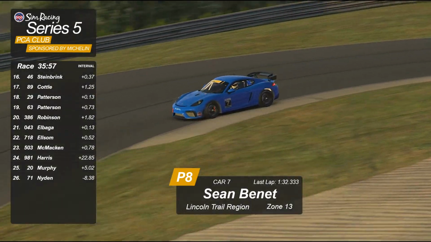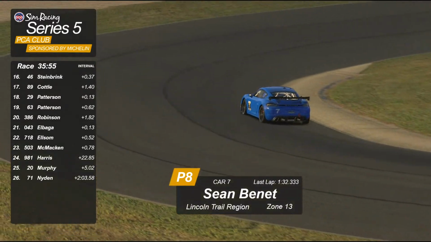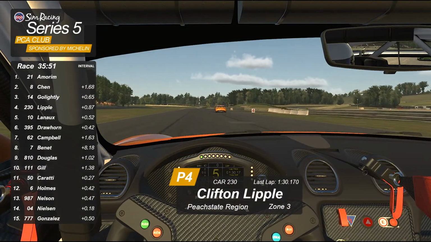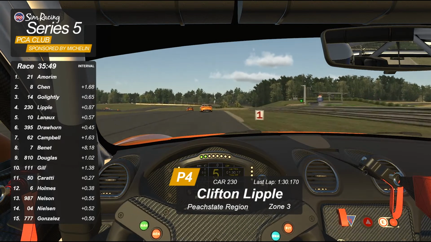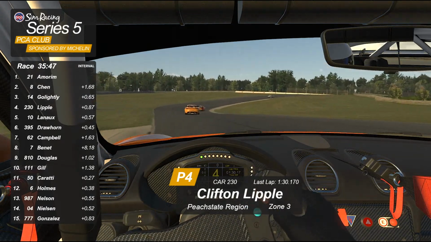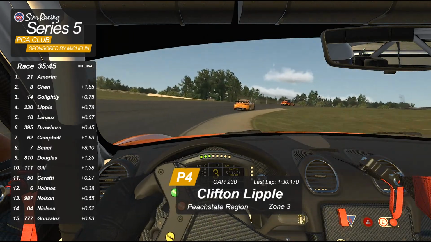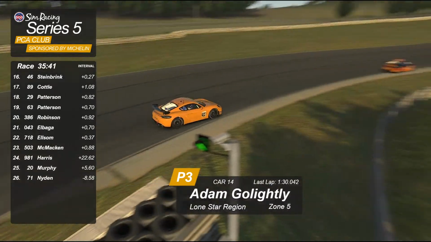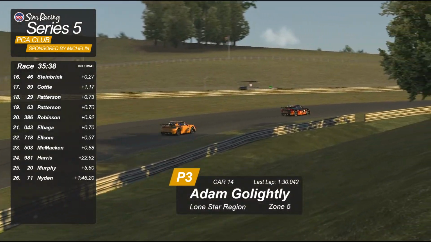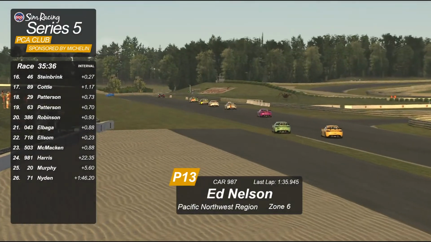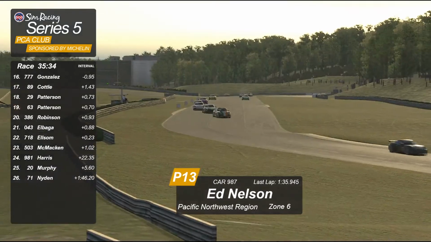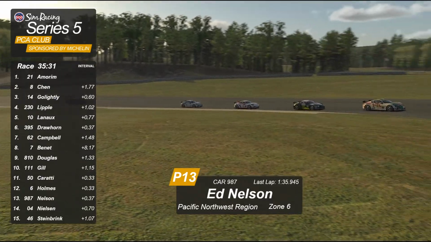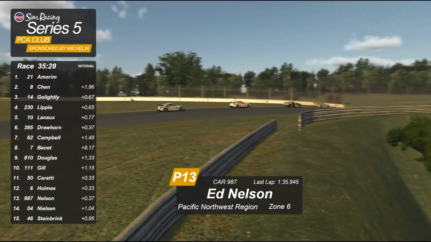Yeah, it's a great battle right there, and that's probably one of the biggest gaps we see throughout the field right now between Campbell and Drawhorn. But pretty much that top 6 has checked out for the most part over the rest of the field, as they are definitely setting the pace. Last time by, you had a lot of drivers rolling around in the 29s and the 30s, but they were all in the top 6. And then the drop-off got significant. You go from Drawhorn, then to Campbell and Bidet, who were in the 31s and 32s, and then a 35 for Douglas